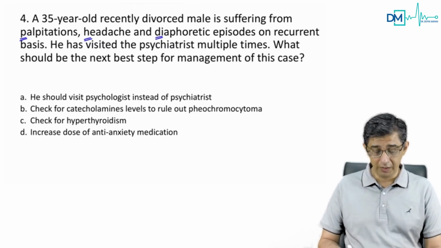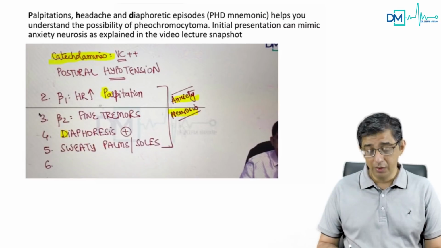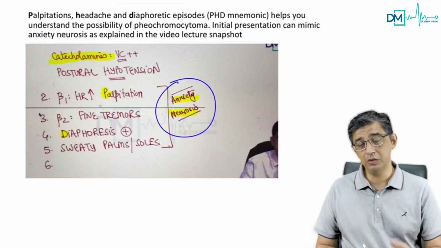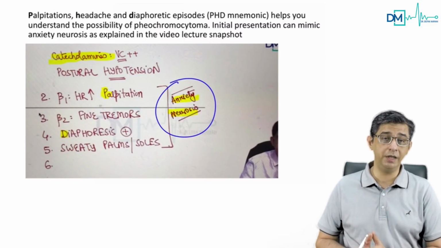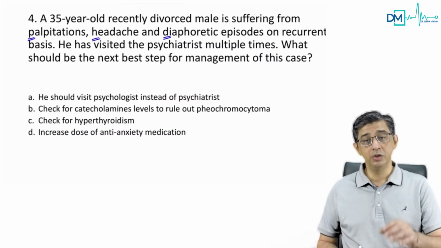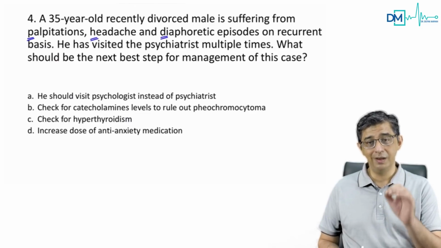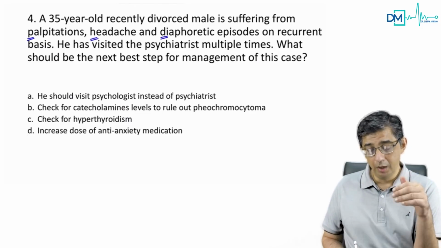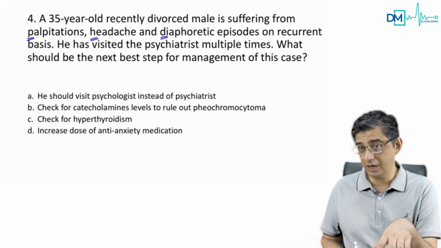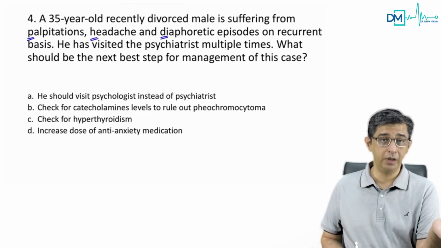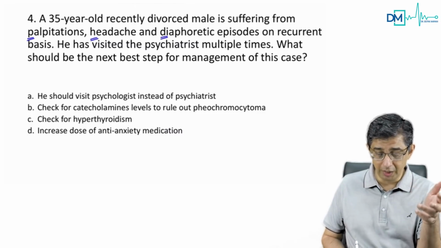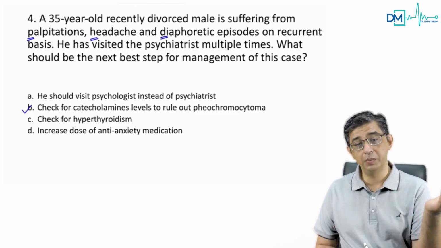You see, guys, and I've discussed this in the app section, a lot of times pheochromocytoma can mimic anxiety neurosis. So a lot of these patients of pheochromocytoma may actually be on anti-anxiety medications and they will not be having any improvement. And that is precisely what the question was. This was a chap who's definitely having stress, as he got divorced recently, but his symptoms are going beyond the standard anxiety component because he has visited a psychiatrist, he has taken treatment, but there is no improvement. So in these circumstances, what would you do for this chap? You would straight away go in for checking the catecholamine levels to rule out a pheochromocytoma in the patient.